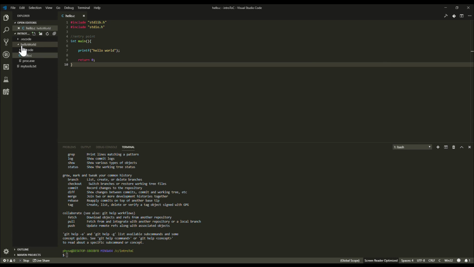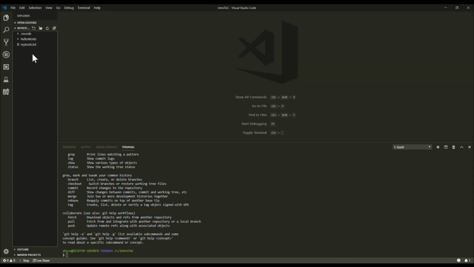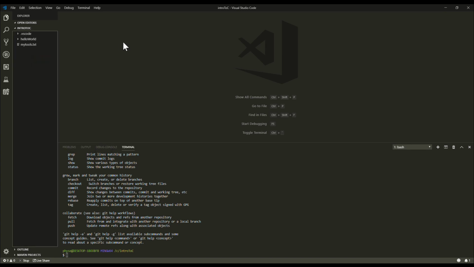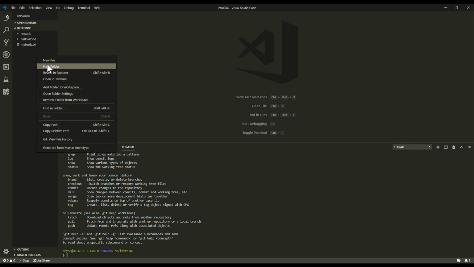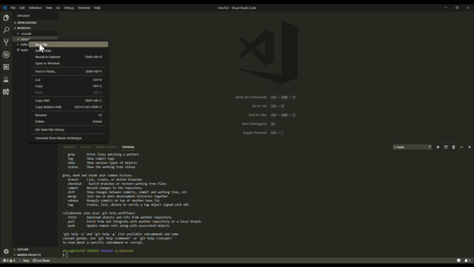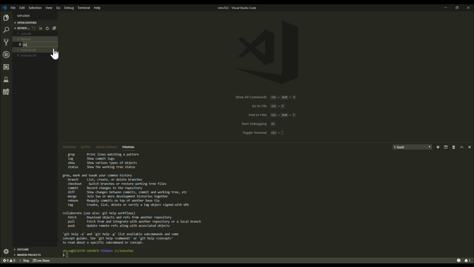Alright, so the first thing I'm going to do is I'm going to get out of helloworld.c, and I'm going to make a new folder. So in Visual Studio Code, right click over here on this side menu, click New Folder. We're going to make a folder called Demo C. We're going to open up Demo C. We're going to click on it, right click, New File, Demo C.C,